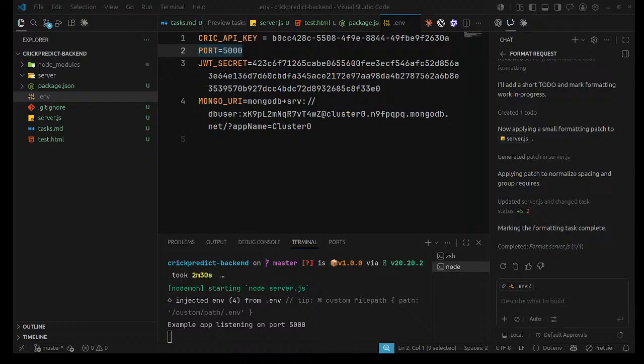I think we need to forward the page and let's see can we access it directly through the Chrome.